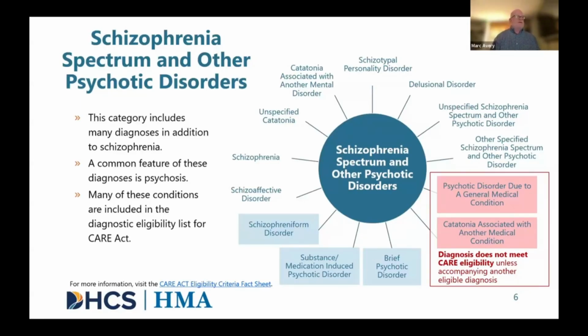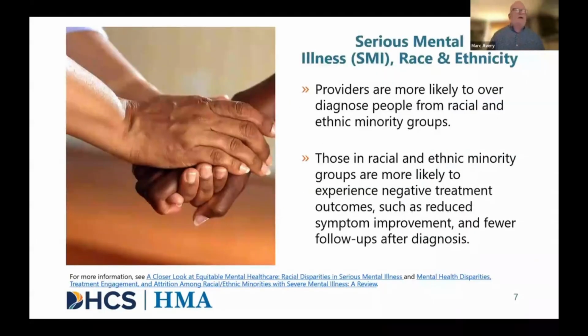Okay, let's move on to the next slide, please. As we discuss schizophrenia spectrum and other psychotic disorders, please pay attention to the ways that our biases may impact the way we perceive those with a serious mental illness, and especially the intersection between serious mental illness and race and culture. People from different racial and ethnic groups are especially vulnerable to misdiagnosis and even overdiagnosis. That's especially true with Black Americans.